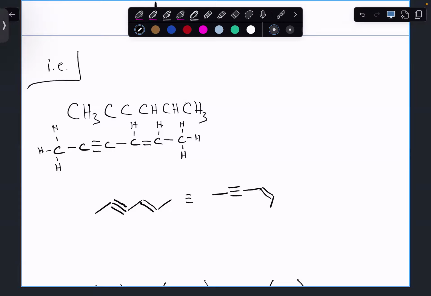Because now you have an H going there and an H going there. They're going in the same direction as each other. This gets into a specific class of isomers called stereoisomers that we'll talk about shortly. But that would be the better representation of